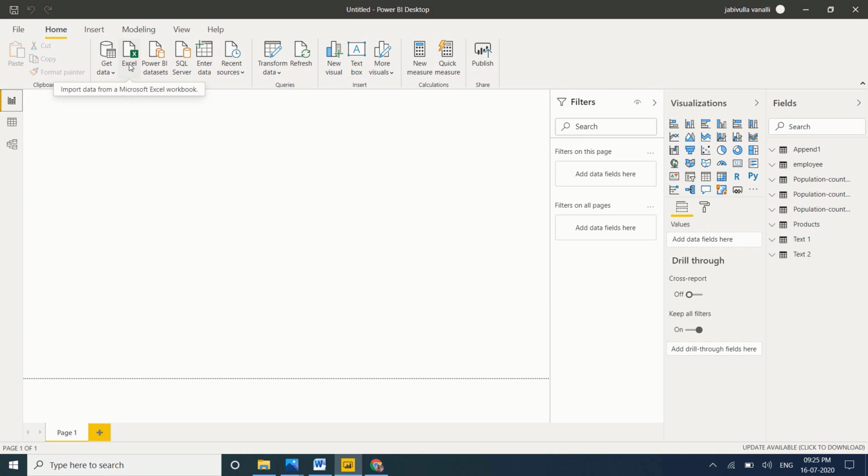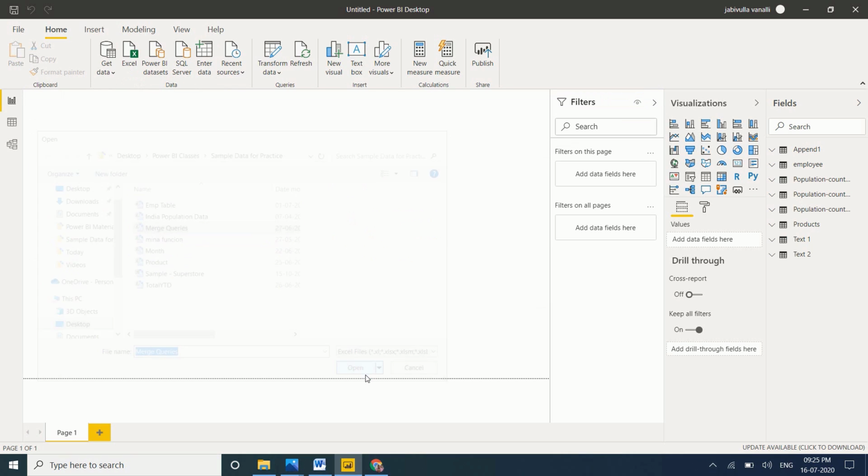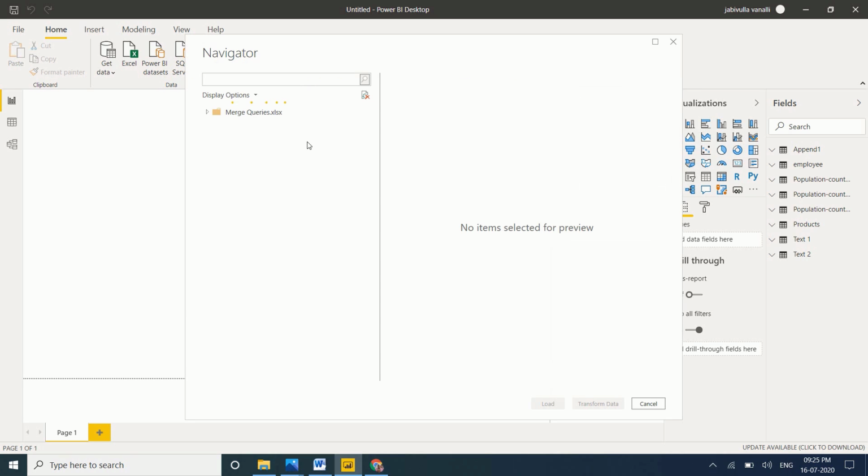So, merge queries, open. Table 1, table 2, I am taking. Let me click on transform.